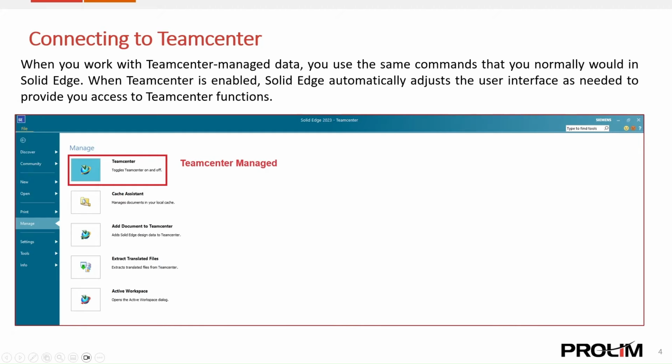When you work with Teamcenter managed data, you use the same commands that you normally would in Solid Edge. When Teamcenter is enabled, Solid Edge automatically adjusts the user interface as needed to provide you access to Teamcenter functions. This normally changes the user interface in the following ways. When browsing for Solid Edge files, you are presented with the data from Teamcenter. You will see a similar presentation in the Teamcenter Paths Library tab and in most other places where you need to